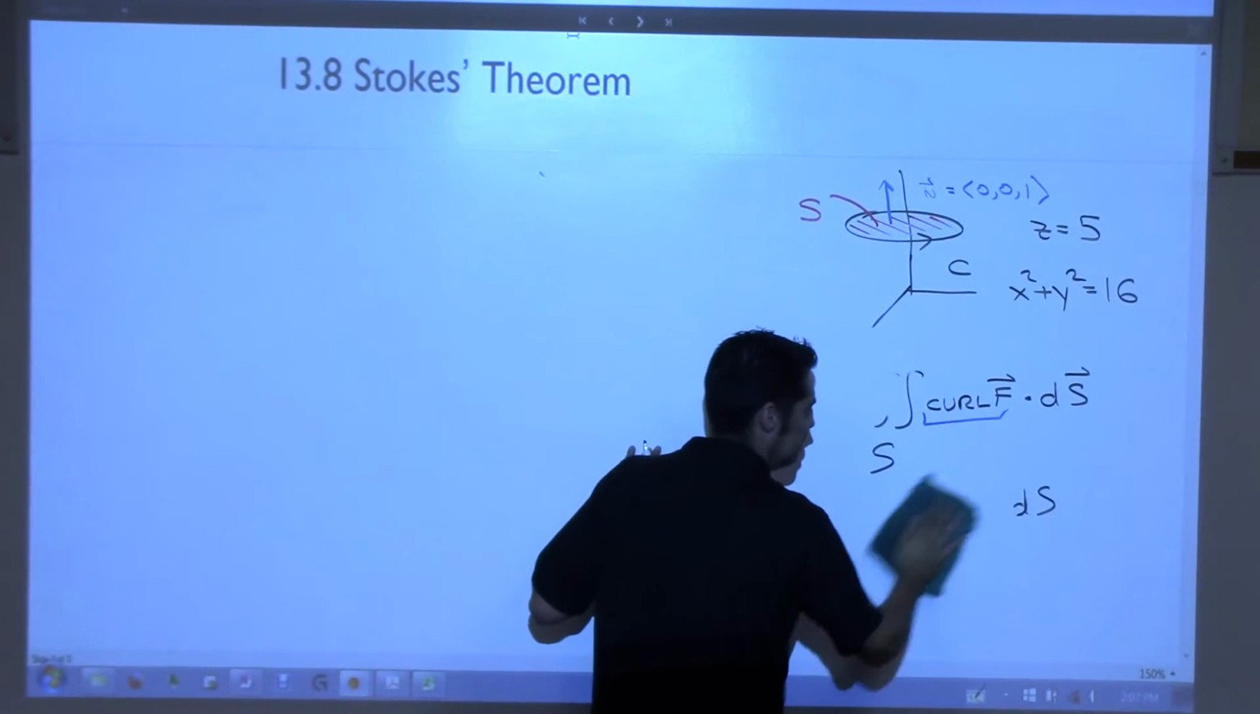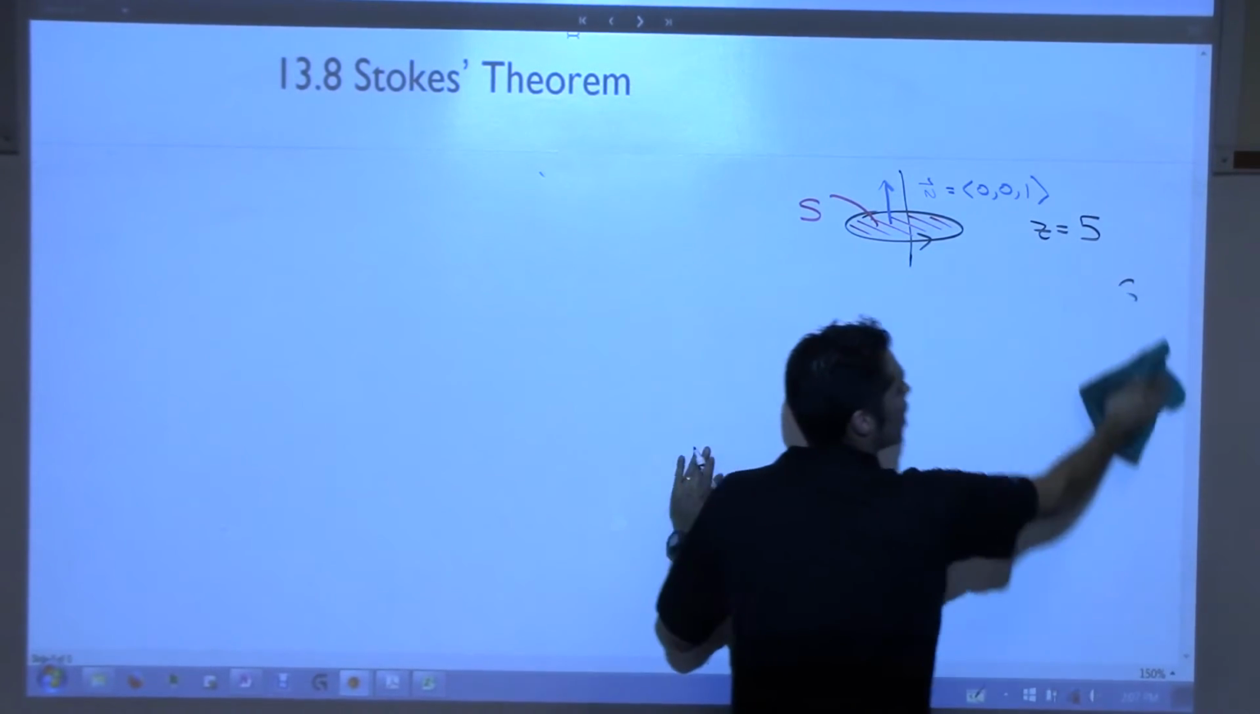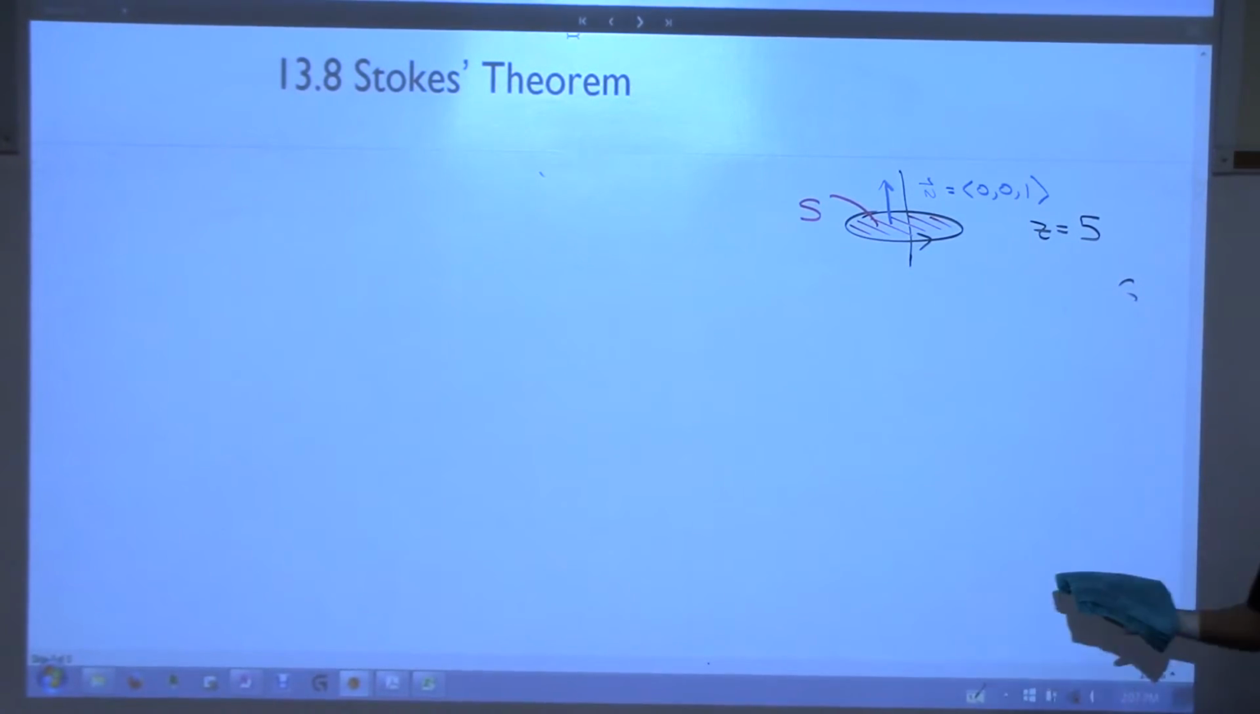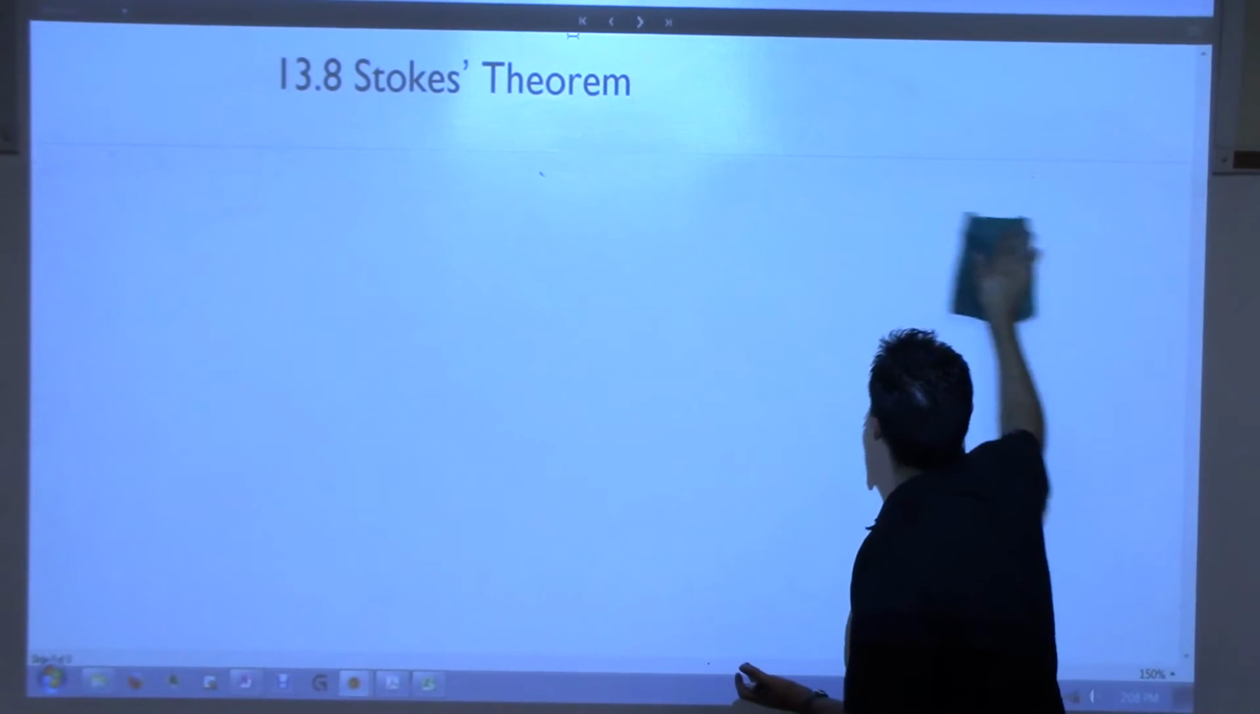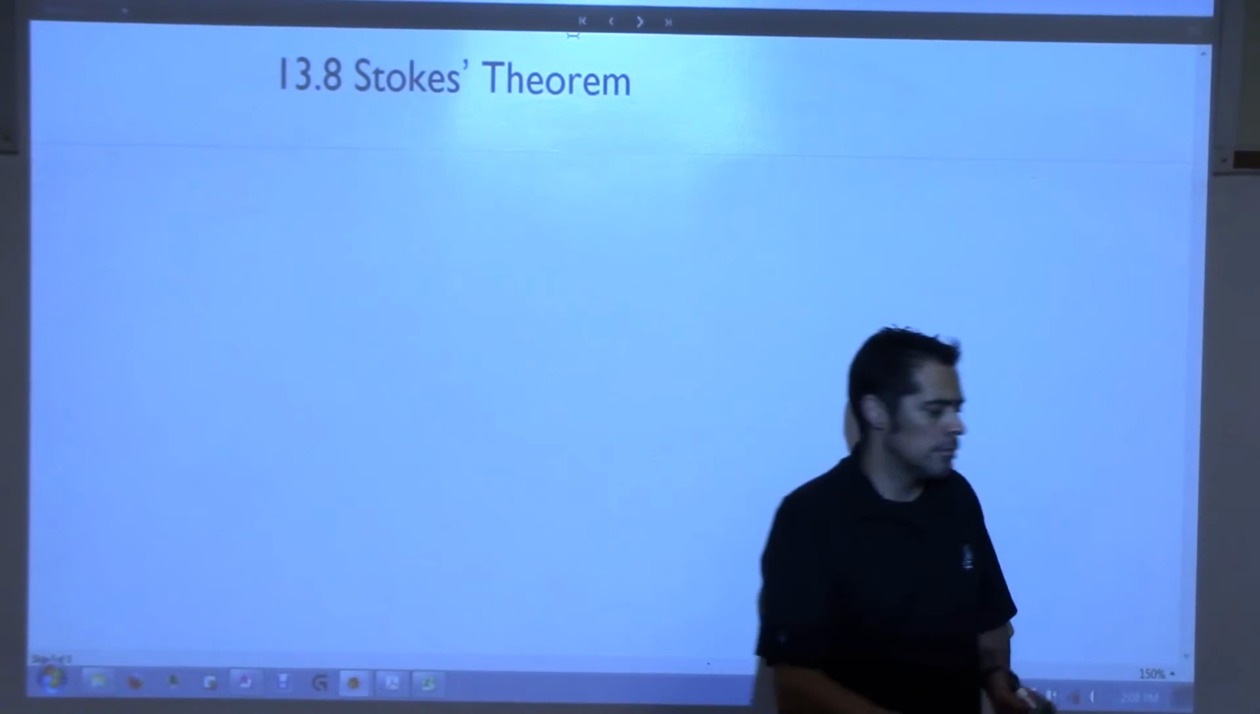Over the vector field. It's work. Yeah, it depends on what your field is, but you could look at it as work. When you find the magnitude of the flux vector,